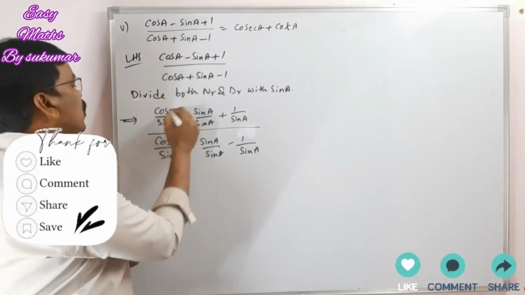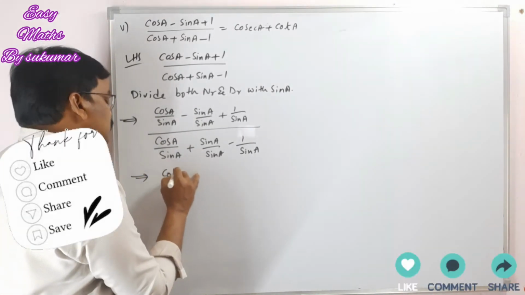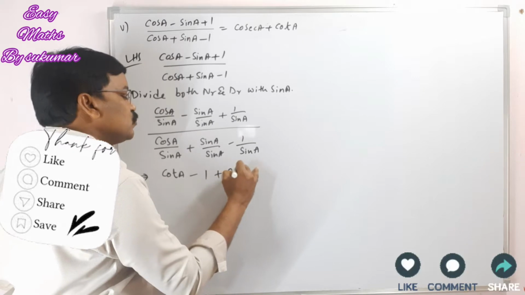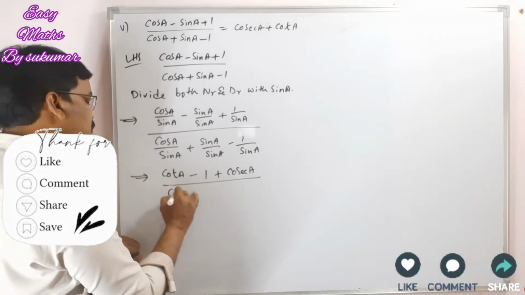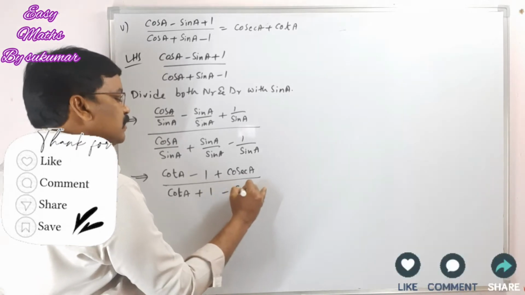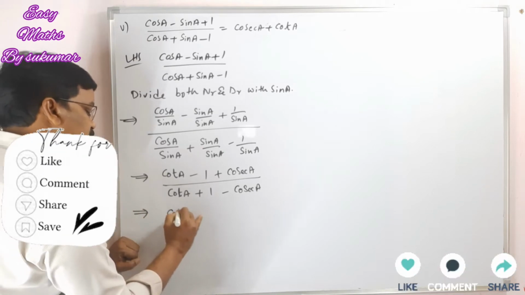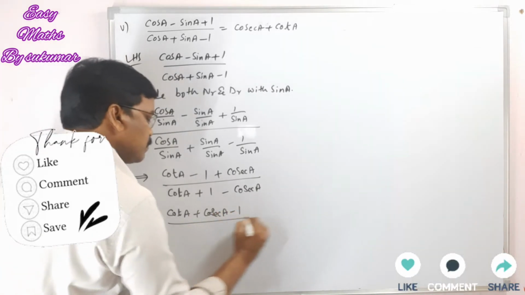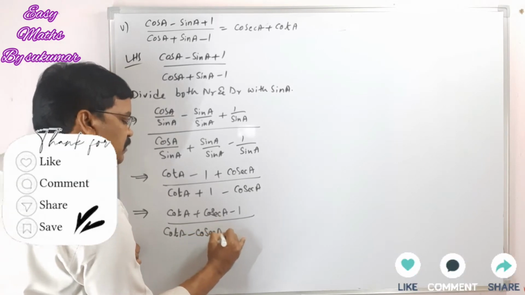So this is equal to cos by sin means what is cos A by sin A? Cot A. This is cot A minus here sin A get cancelled. This is 1 plus cosecant A whole by, again look here, cos by sin A is cot A. Here these two get cancelled, plus 1 minus cosecant A. Right. Now this implies cot A plus cosecant A, just write at one place, minus 1 by cot A minus cosecant A plus 1.